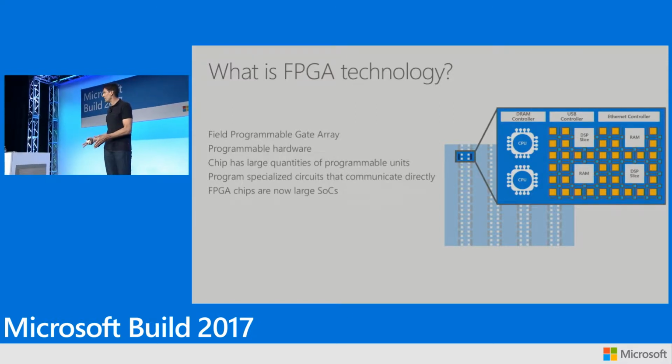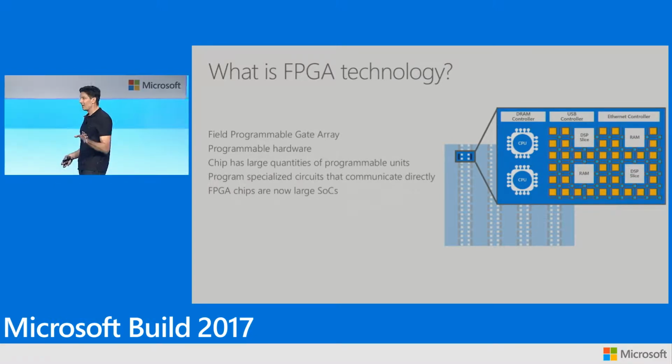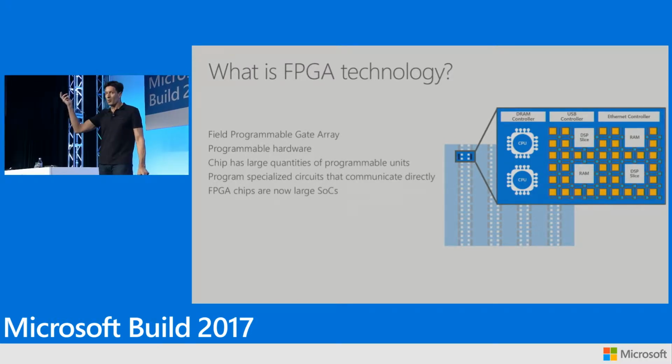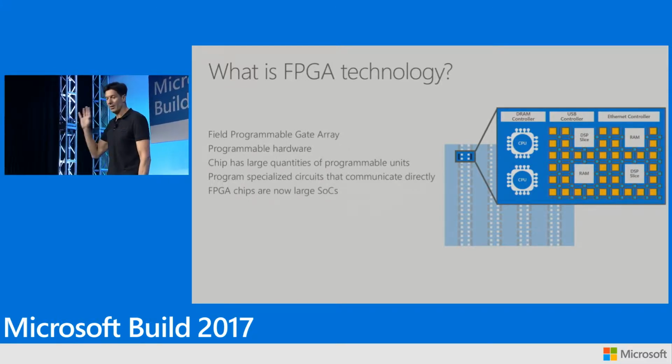And they also have DSPs that can do multiplication. And then around the programmable complex, actually between these blocks, you've got switching blocks, which allow you to program the connections between each of these programmable blocks. So you can create network topologies between them dynamically as well. So you can have data flowing through this thing dynamically, and so create trees, create branches, and all sorts of other data flows on top of this